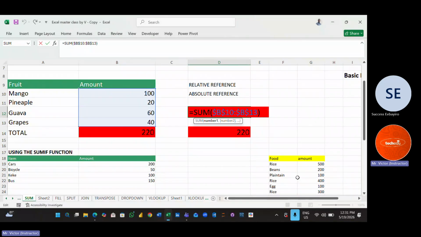Now, that is all for reference. The next thing is, I want us to understand more about it, maybe for those who want to use it for their business. The next thing is,